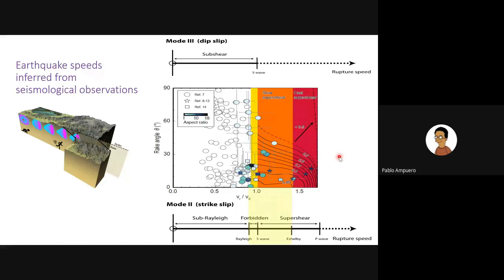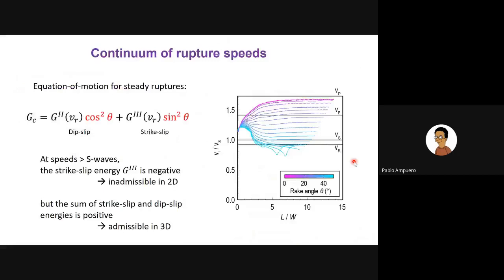Now, we plotted this as a function of the rake angle, just the obliquity of slip, and that seemed to be a parameter that's important. So in our work, we did study that in detail, how the obliqueness of slip changes the energy balance and the rupture behavior and the rupture speed. The energy balance actually for what we call a mixed mode rupture, that's a rupture with oblique slip,